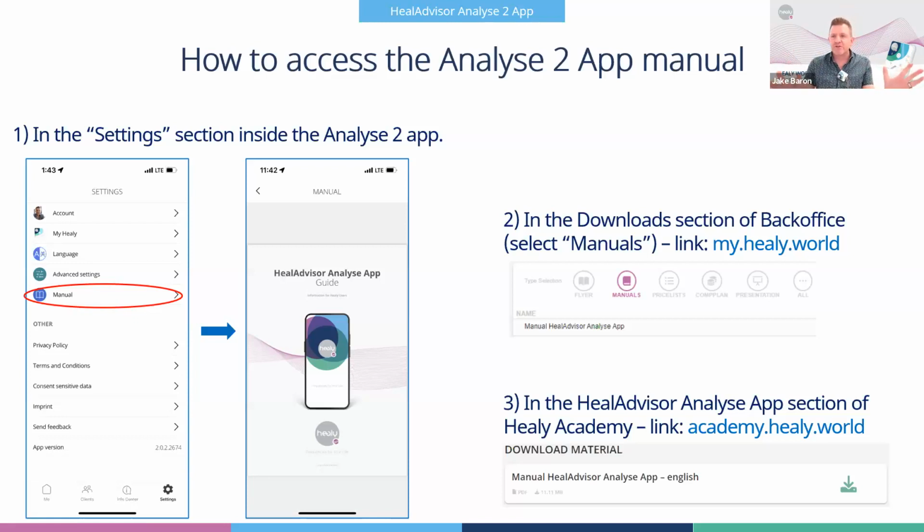It's all visual though, so you can kind of see what's going on. So we'll get an update as far as when those will be available in English or in Spanish or with subtitles additionally as well. But below the videos in the Analyze app section of Academy, you'll see there's a download section, and you can download the app right there as well. So 3 ways to do it.